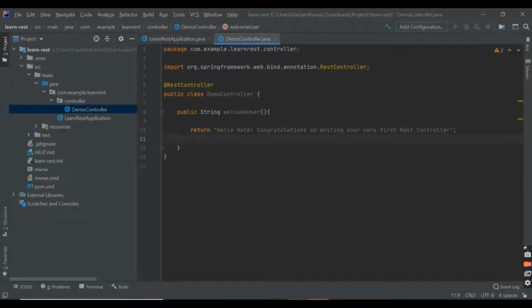So what we are doing basically is, from inside this method, we are just returning this particular statement. Hello mate, congratulations on writing your very first REST controller.